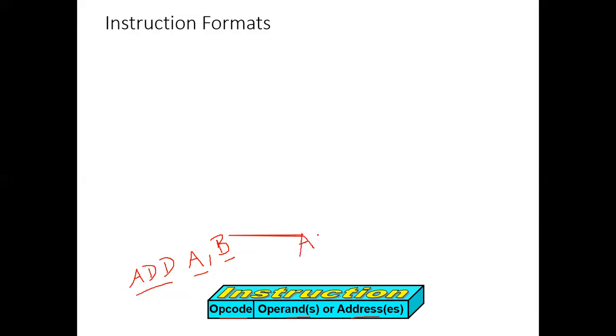If I use add R0 comma R1, then R0 and R1 are direct operands because they are registers. Anything other than R0 to Rn we will treat as memory locations. So for add a, b, it means add the content of the memory location specified by B with the content in the location A, and store the result in the location specified by A. But add R0, R1 means just add the content of R0 with R1 and store the result in R0, right?